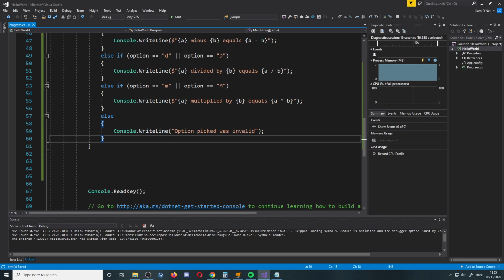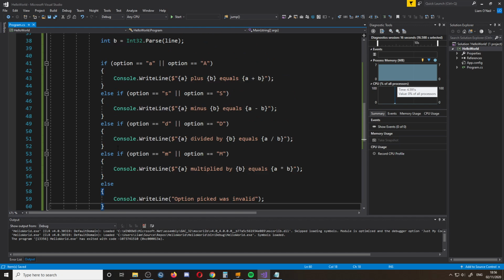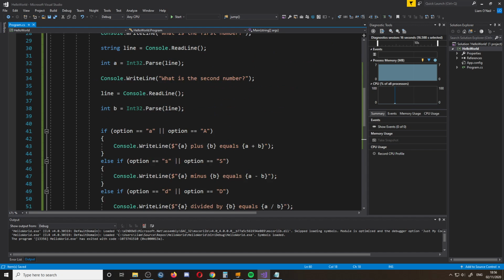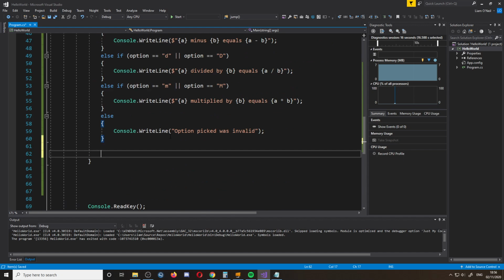However, generally with a program, it's useful to have an option to close it without having to press the red X, whether that be a keybind or some UI element. Obviously with the console we're not going to have a UI element, but we'll just have an option to continue or not. So what we'll say is, just at the end, after we've done all the calculations, we can just say